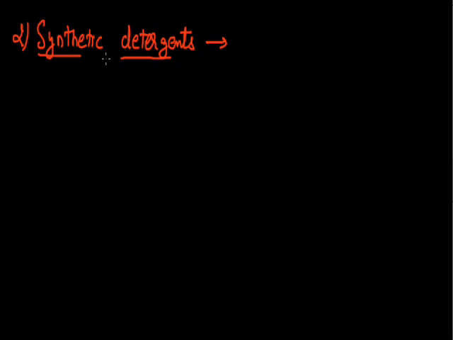As we have read initially, these synthetic detergents can also be termed as soapless soap or non-soapy detergents. What's the difference between soapy detergents and non-soapy detergents? The difference is in their working, and this difference arises due to the presence of different functional group in them. The functional group that is present here is generally sulfonic acid, and these synthetic detergents are defined as the sodium salt of long chain benzene sulfonic acid.